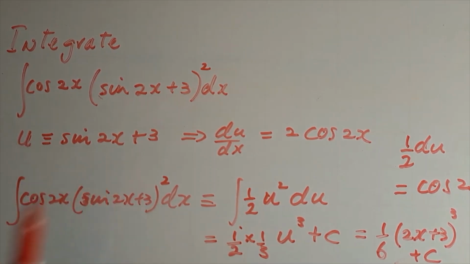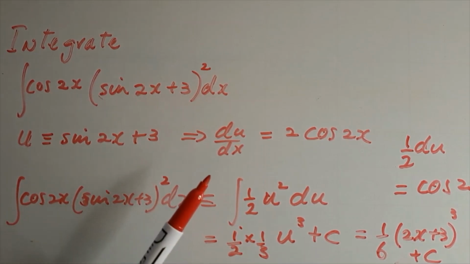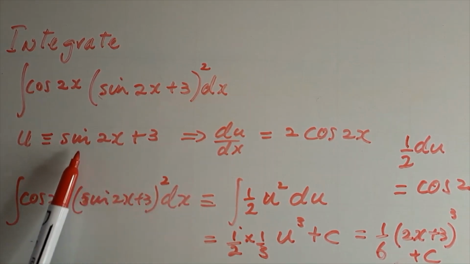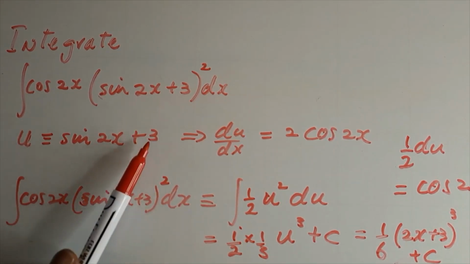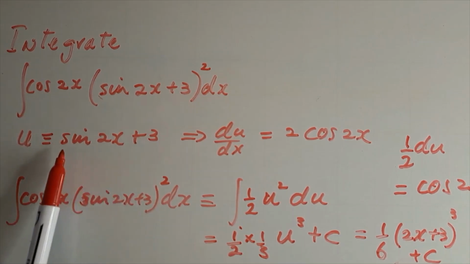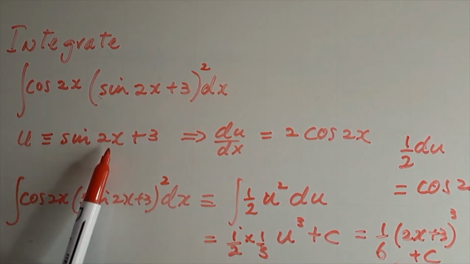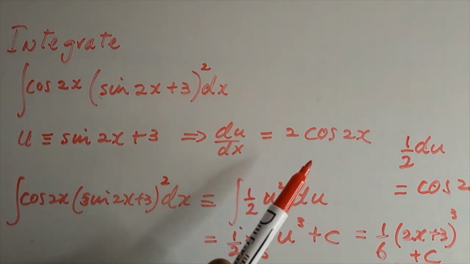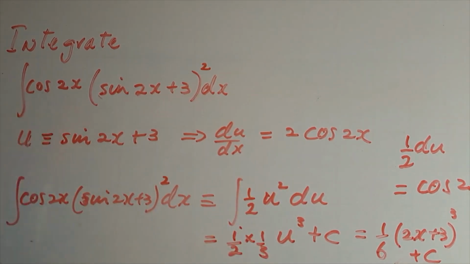This substitution is key to being able to find a substitution and change the variable. We chose sine 2x add 3 mainly because of sine 2x. If we differentiate this, we get 2 cos 2x, and we have a cos 2x here as one of the things we need to substitute for. So that's key to